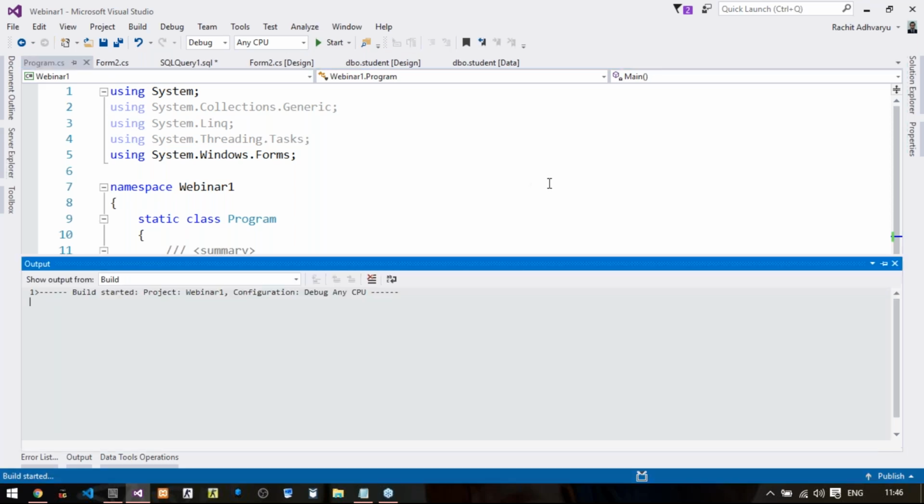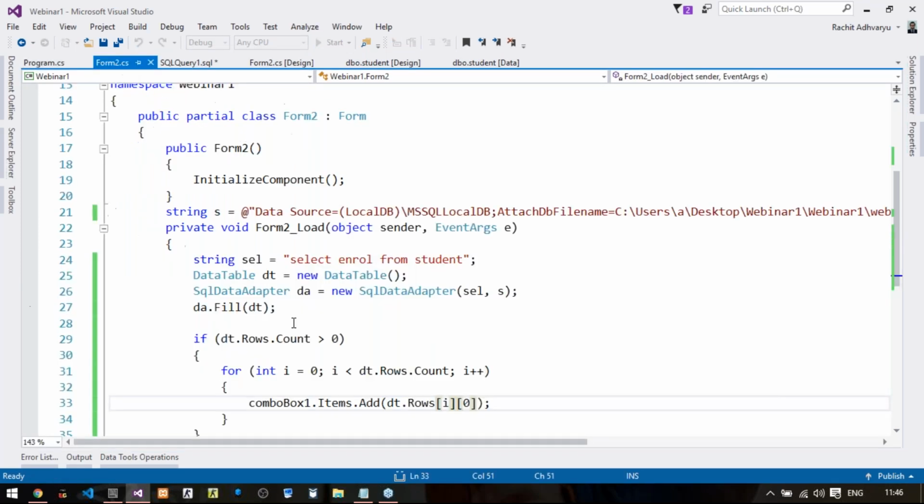As we said, on form load, execute this query, fill up the data in the data table, and all those data of the data table we need to fill up in our combo box. Let's see whether it is being added to our combo box or not. So let us see.